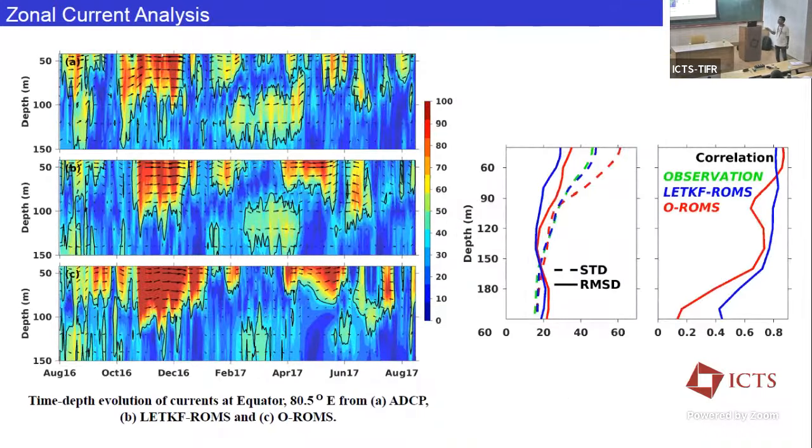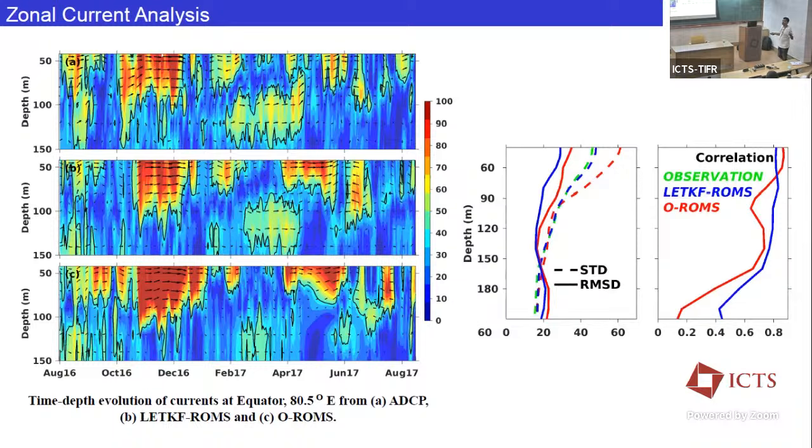Now this is in the vertical. So there are some things called ADCP, okay, acoustic Doppler current profilers. Those are stationed at one place, and what they do is they measure currents at certain depths. So here is those currents at this depths. Okay, so this is the observation. This is what you get when you do not assimilate anything. So these large, intense currents, okay, when you do not assimilate, these become more intense.